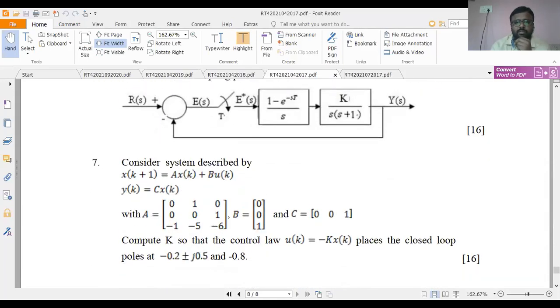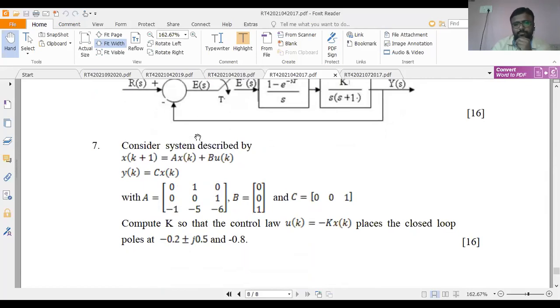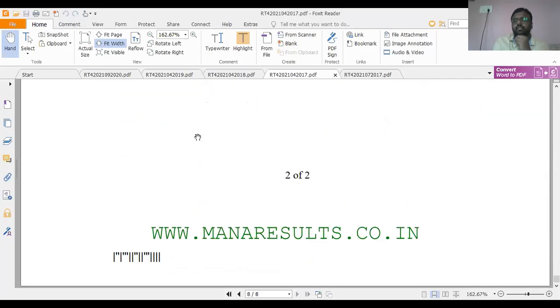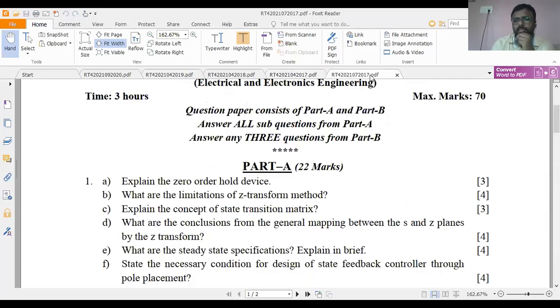So this is one type of system which is going to be given, and you have to determine the pulse transfer function for these kinds of systems. This is the zero order hold circuit, and this is the G(s) value, and this is the closed loop network. Okay, so this is the 2017 regular paper, and coming to the supply paper,